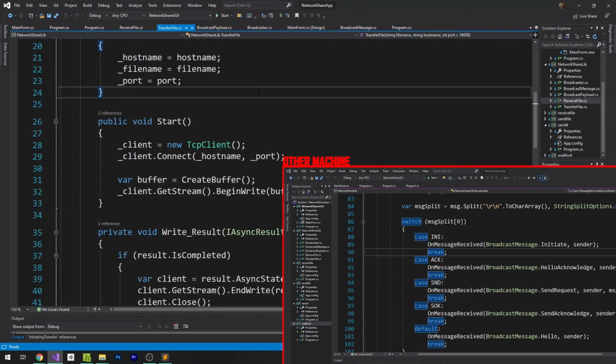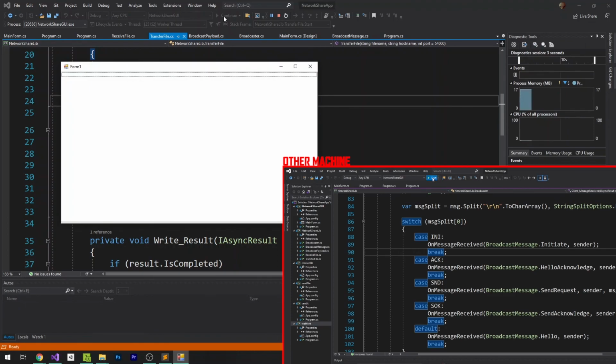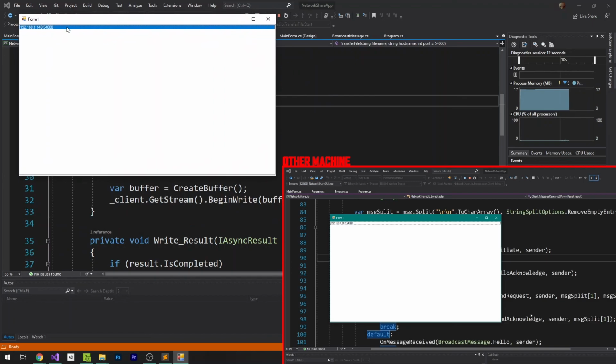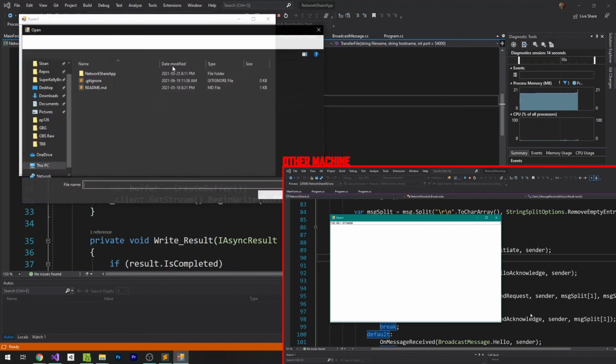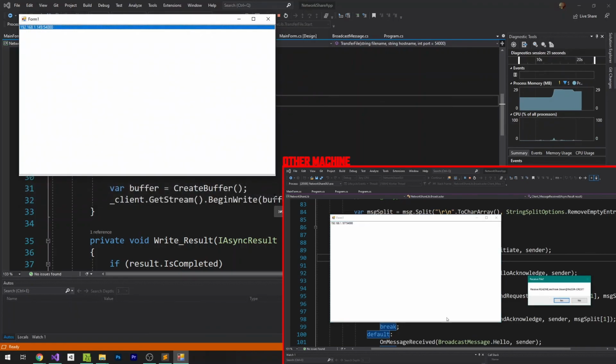Right, I ran into a little bit of a problem, so you'll see the split screen that's going on just now. If I run this machine here, it doesn't really matter which one I run, so I'm going to run both of them. You can see that now they have connected across. So I'm going to send the README file from in here, and it's going to go across to here, and I'm going to get the little dialog box that says receive README from Razor Sloan at Razorcrest, which is correct